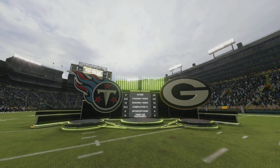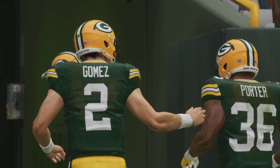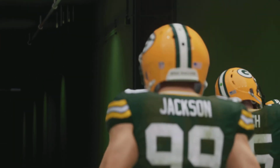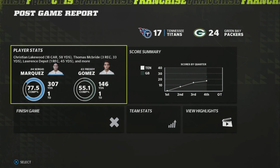So for Green Bay, it's a win here in their home opener as they move to 2-0. And they will hit the road next week to take on the Miami Dolphins. Meanwhile, for the Titans, they'll fall to 1-1. And they'll look to regroup next week as they head to Houston to take